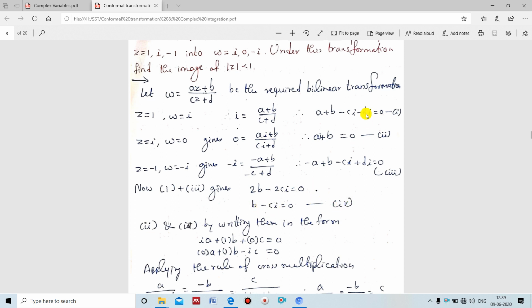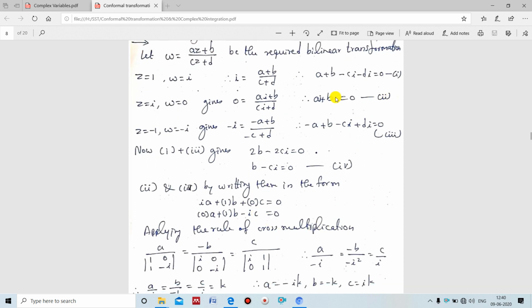Let us compare this to the remaining equation. So either apply the cross multiplication or not. For this we cannot apply it because both equations have 4 unknowns. So here a and b are there, here b and c are there. So here c is absent, we take 0, here a is absent, we take 0, then apply. If one term is absent, while the others are the same, then we take 0 into that unknown. So solving 2 and 4, rewriting: ai plus b plus 0c equal to 0, here 0a plus b minus ci is equal to 0.